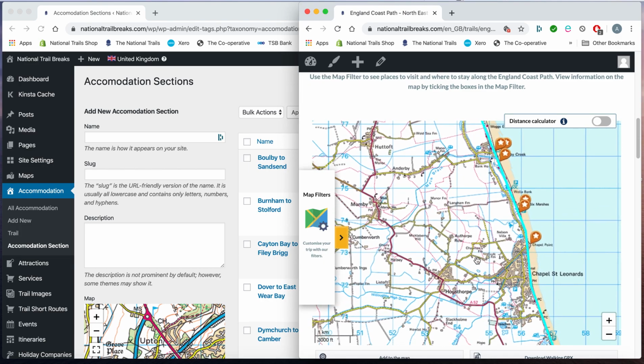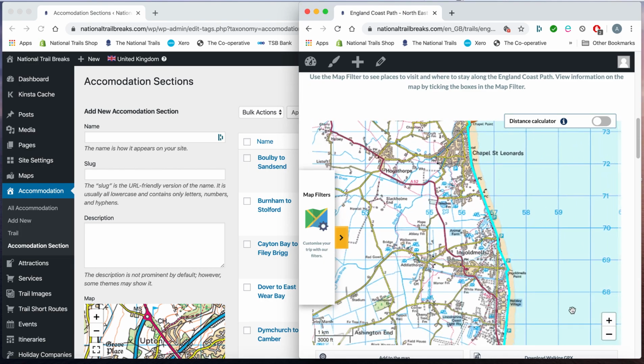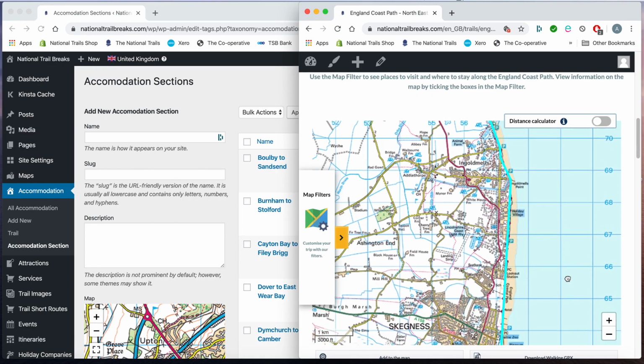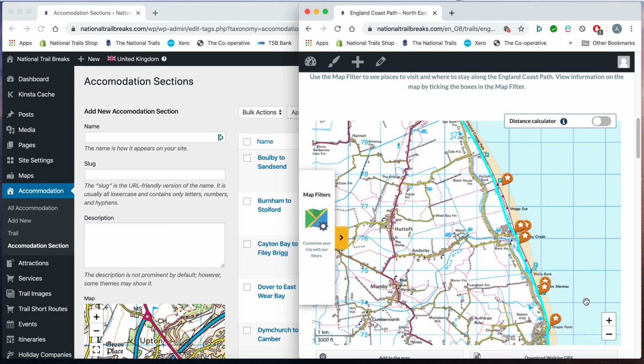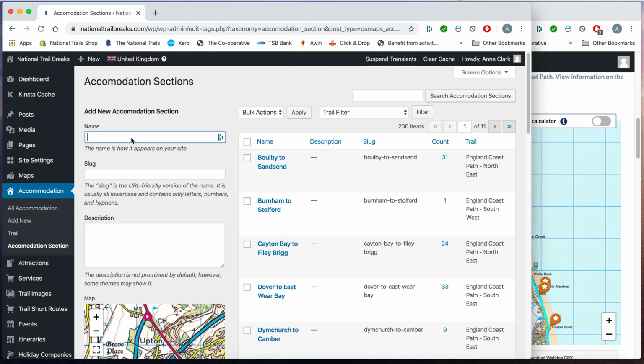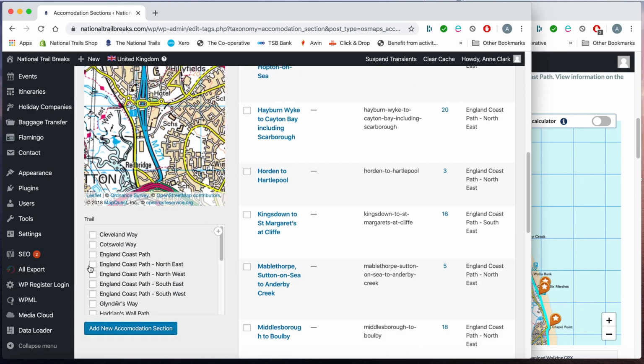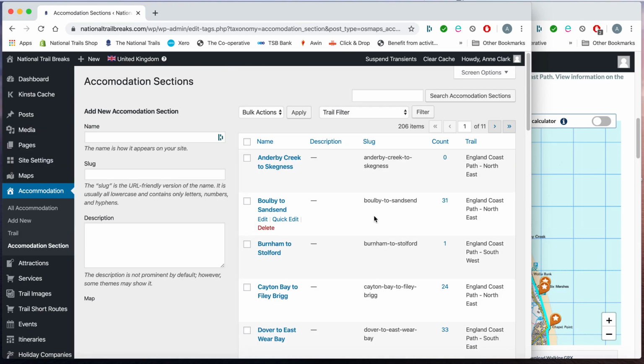from Anderby Creek. We'll go down through Chapel St Leonard's and Ingoldmells. So we're going to go down to Skegness, but not include Skegness. So I'm going to do Anderby Creek to Skegness, and it's England Coast Path Northeast, add, and then edit,